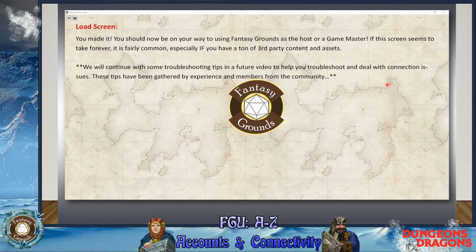Always start with, okay, I'm using a PC, I'm using Unity, or I'm using Classic. Those are basic things we need to know to help you. So come prepared if you can.